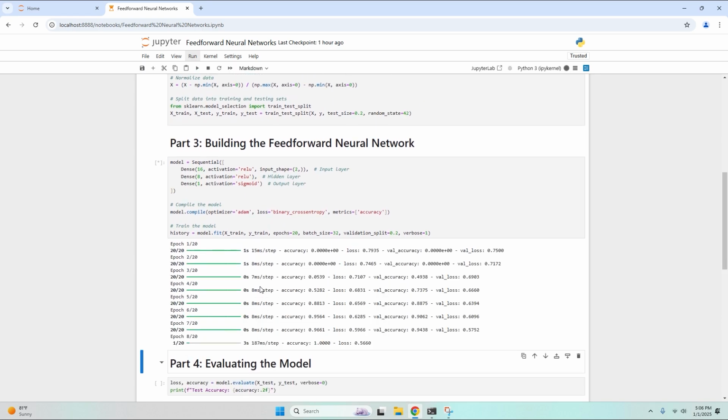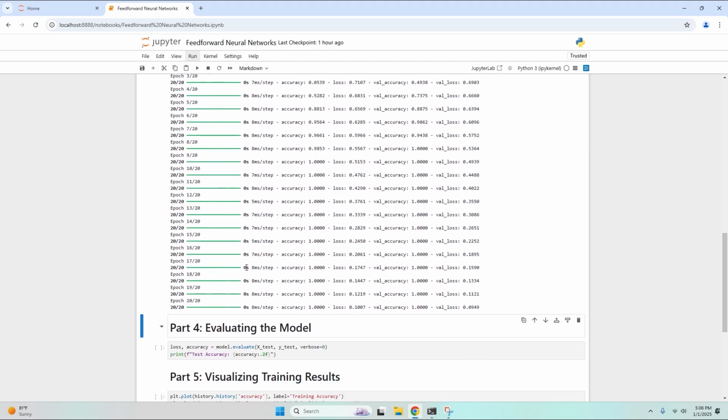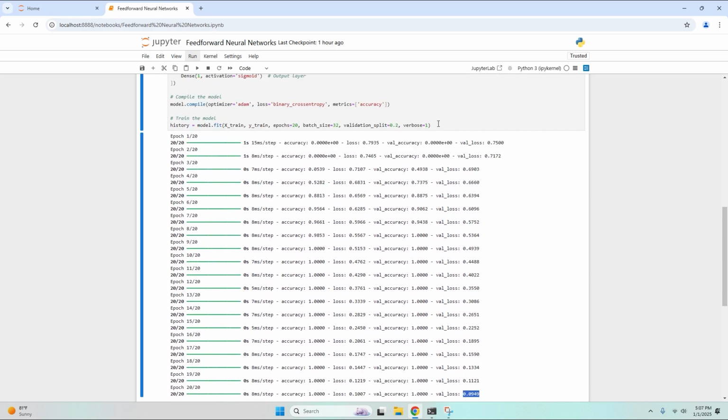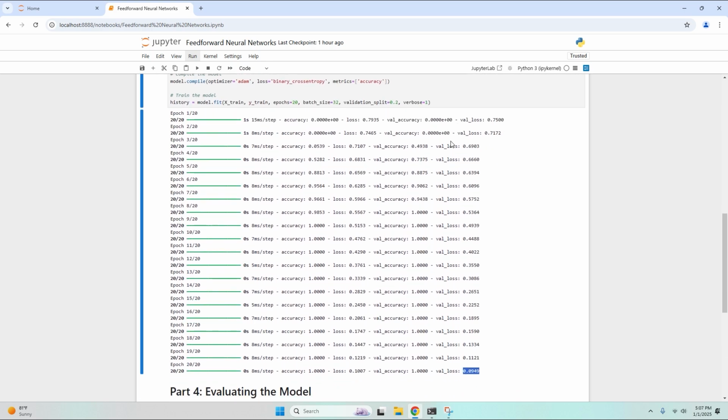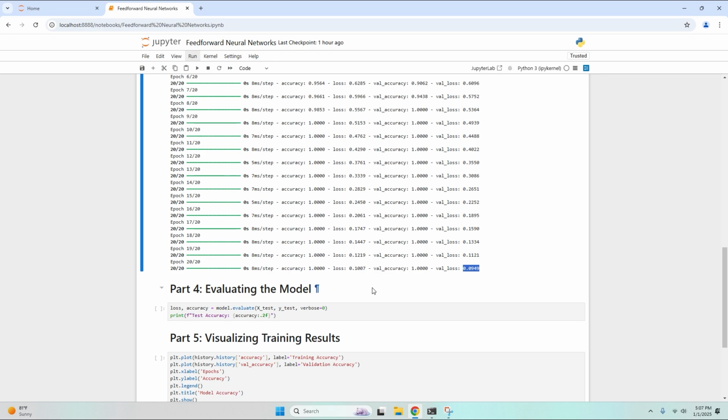So here you can see there are 20 epochs which have been carried out, and you can see the validation accuracy of the model has reached almost 100%, and the losses are minimum. The losses started from 0.75 and got significantly reduced, and at the last epoch it is 0.0949. It means that with every epoch the model's accuracy is increasing, or you can say the loss